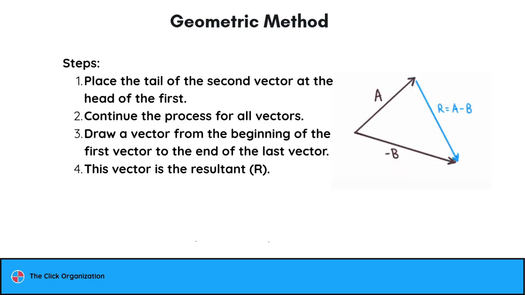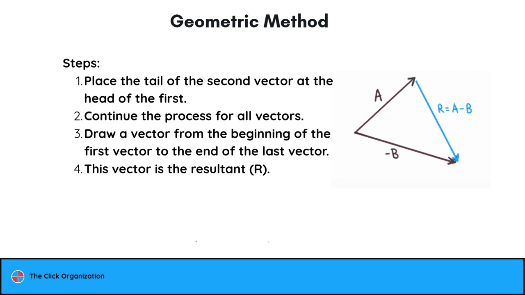Now let's look at the geometric method. The first method is the head to tail method. To use this method, we have a couple of steps. First, place the tail of the second vector at the head of the first vector. Second, we continue the process if there are more vectors. Third, we draw a vector from the beginning of the first vector to the end of the last vector. And for the final step, this final vector is called the resultant vector, as you can see